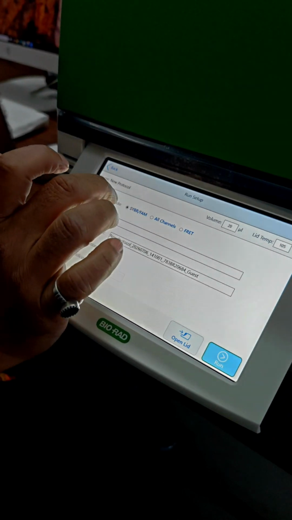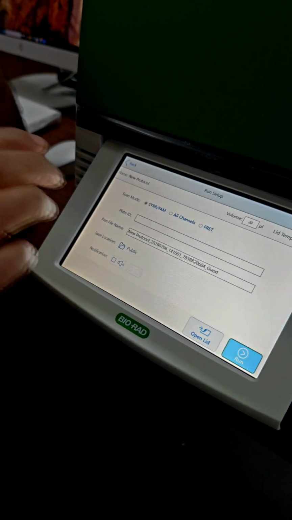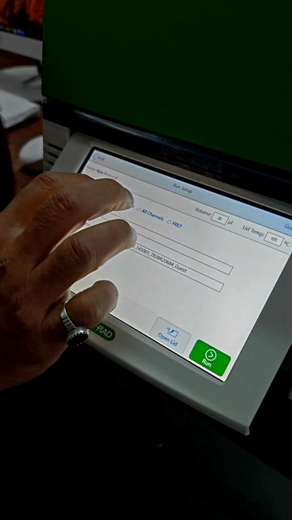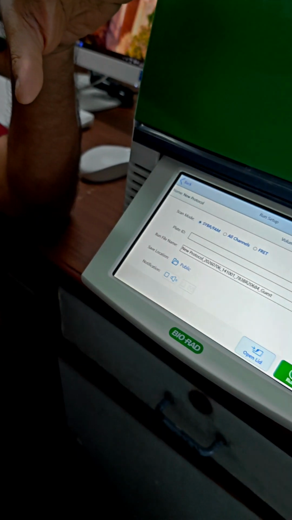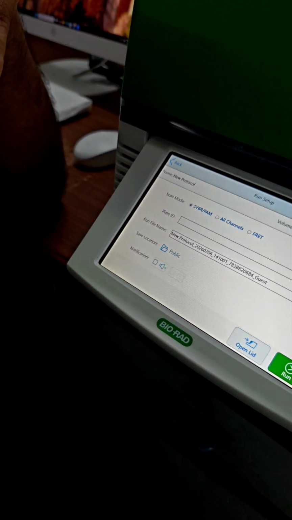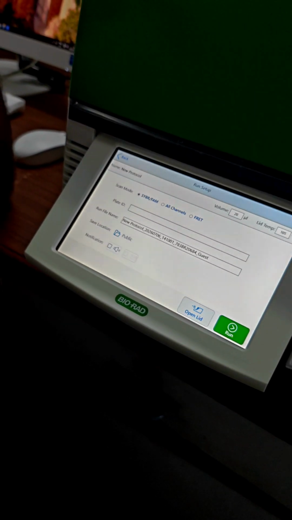So it gives you 3 options. First is dye chemistry, CyberFam. If it is probe multiplexing, then select all channels. And if it is FRET chemistry, you can do some protein denaturation also with this real-time PCR. There are some dyes that, when they bind on hydrophobic residues, get more fluorescence. So it helps in studying the melting profile of many proteins. That is an assay that is used.